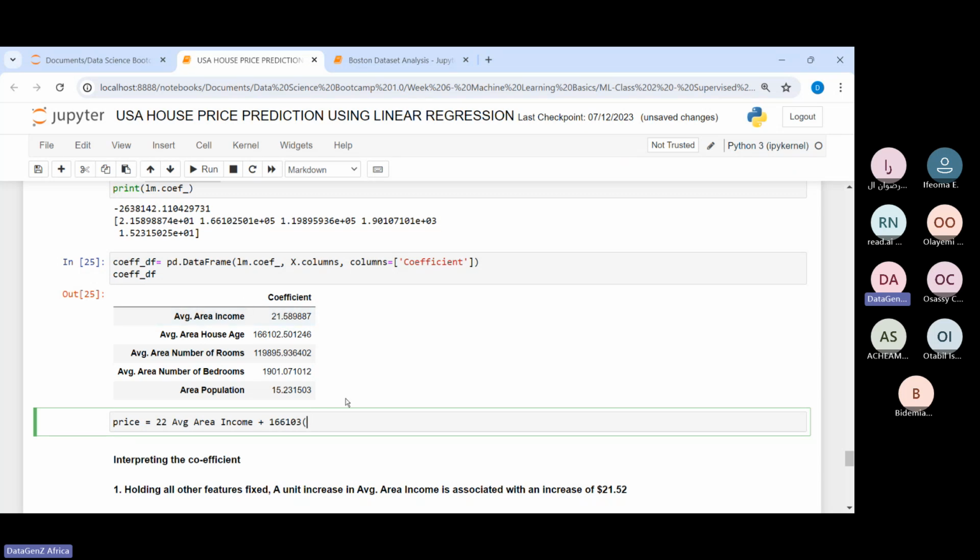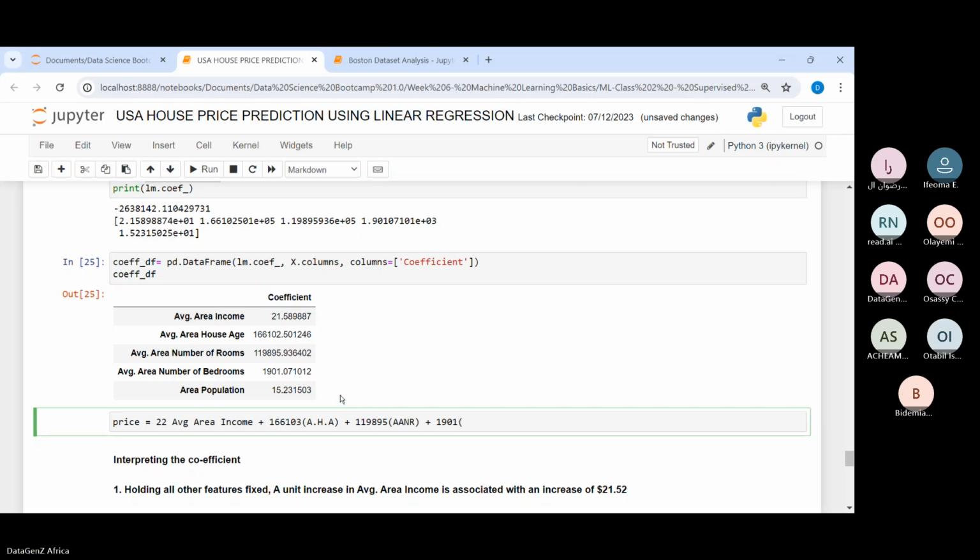I'll just use something like average house age. Then plus 119,895 of the average area of bedroom, average number of rooms, and then plus 11901